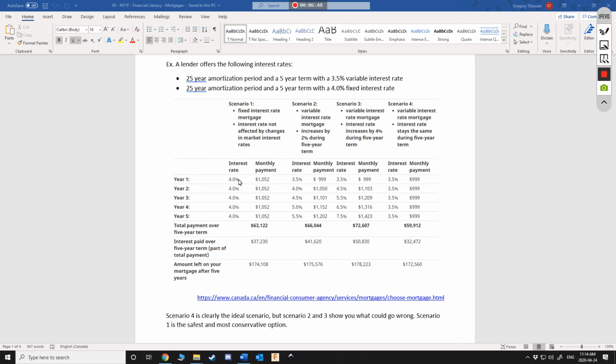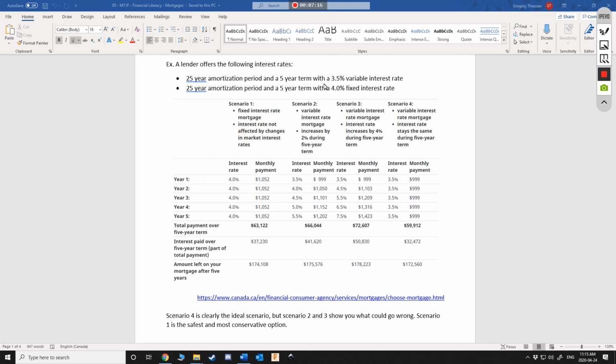At 4%, you'd be paying $1,000 a month. After 5 years, you would have paid $63,000. The amount of interest over that 5 years is $37,000. The amount left on your mortgage is that amount, after 5 years. The next one is a variable, so with the fixed, you know what's going to happen. But scenario 2 asks what happens if you chose